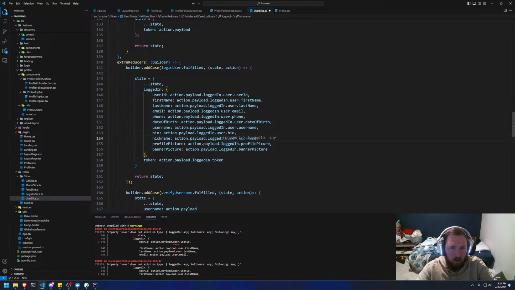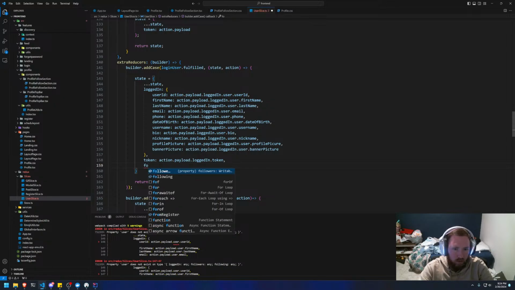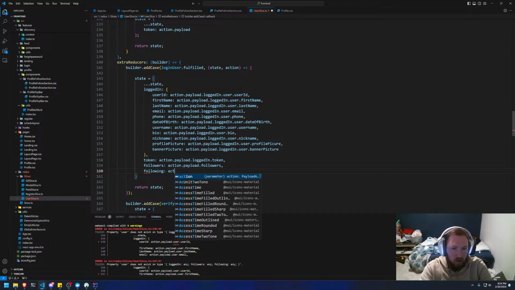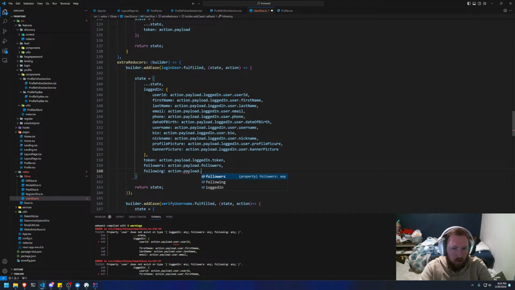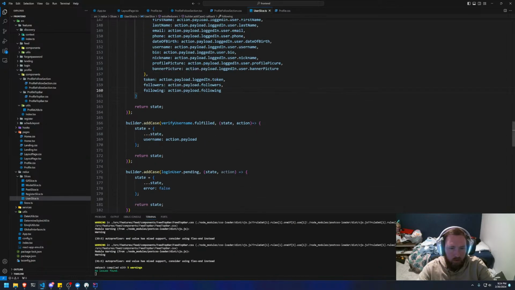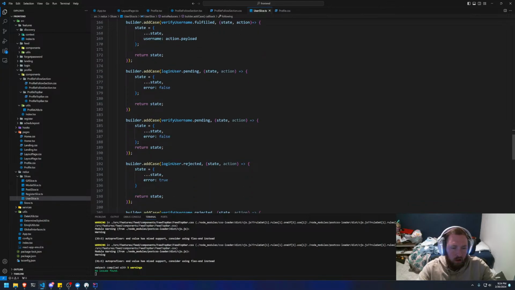User, and then we also need to set the followers to action.payload.followers, and then the following is action.payload.following, and then that fixed that. Okay, now I don't have any clue this is gonna work, so what we're gonna need to